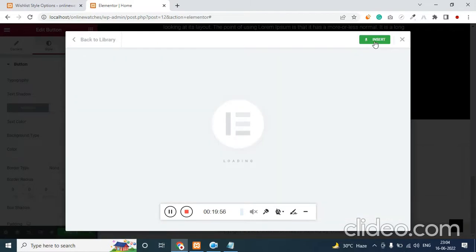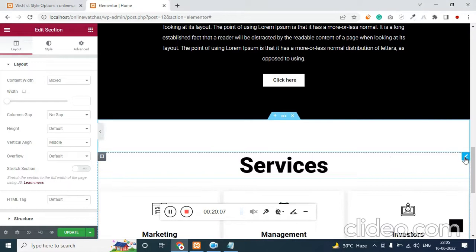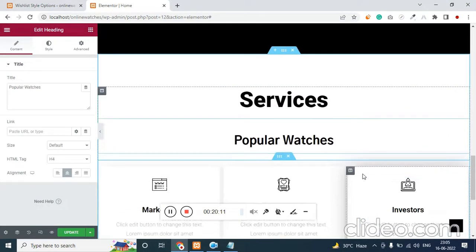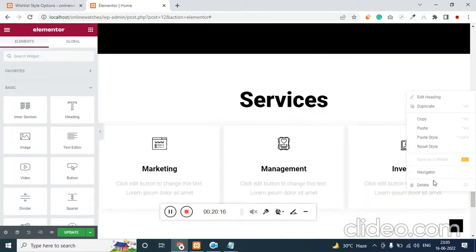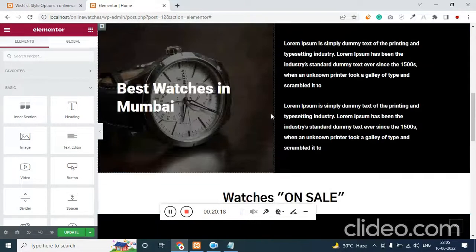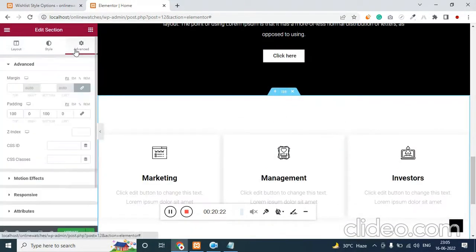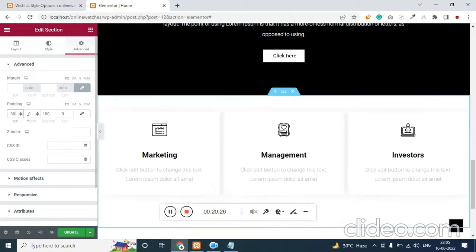This is just an example of using Elementor in a very easy and effective way. Cool, we got it. We don't need this service heading as it spoils our design. Control Z, delete. And we can remove the padding, let's just add 30